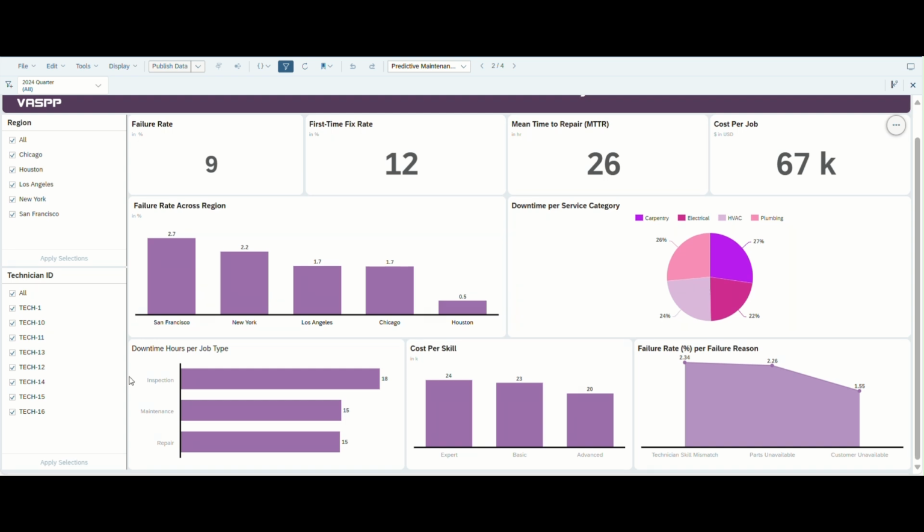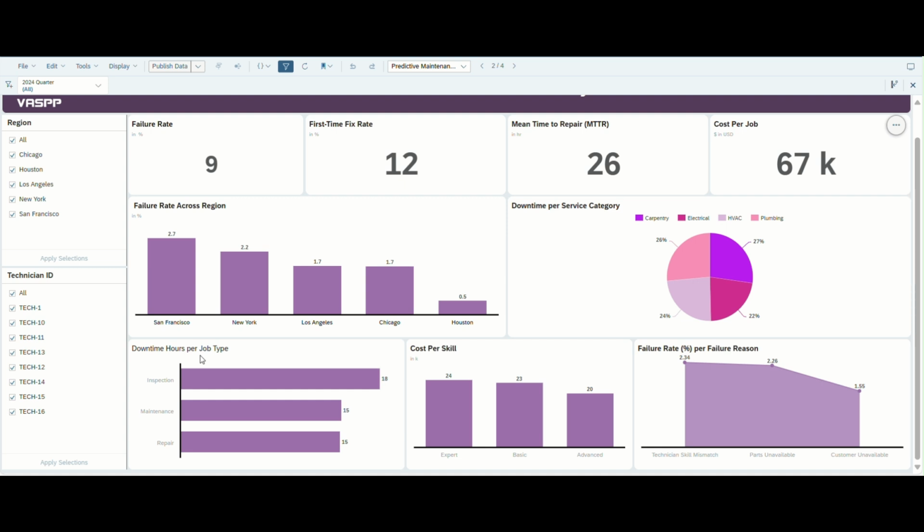In the bottom left section, the bar chart illustrates downtime hours per job type. Inspection activities account for the highest downtime at 18 hours, indicating a significant impact on operational availability. Both maintenance and repair jobs show 15 hours each, highlighting consistent delays across these tasks. This breakdown helps operations teams pinpoint which job types are causing the most delays, allowing for more efficient scheduling and